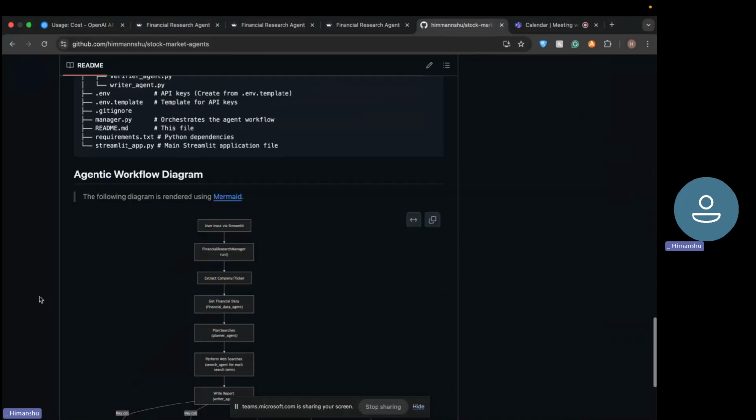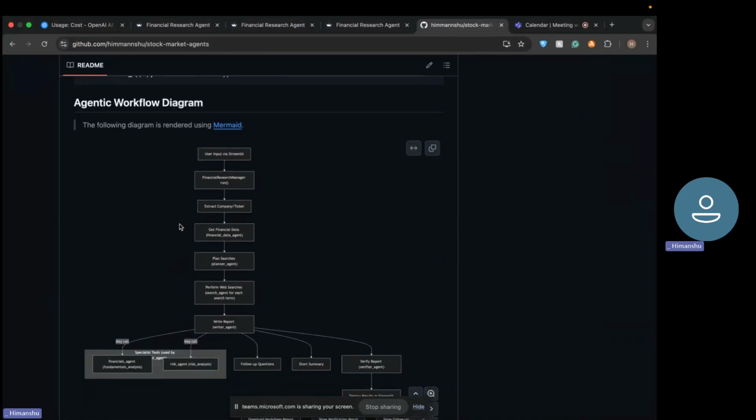Let's go further down. So this is the flow of the agent. It runs on Streamlit. Whenever someone writes a query, the manager starts running, and then it extracts the company information, and then it passes that to the financial data agent, which then retrieves information from the financial datasets API and then analyzes that